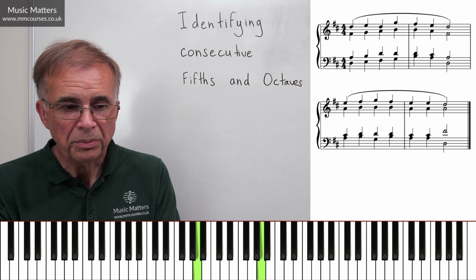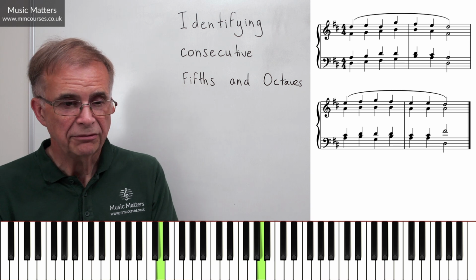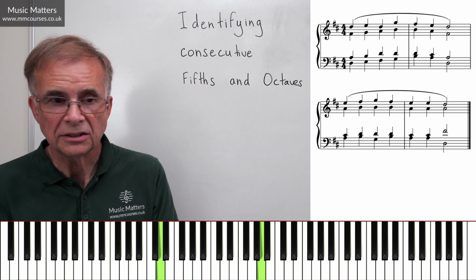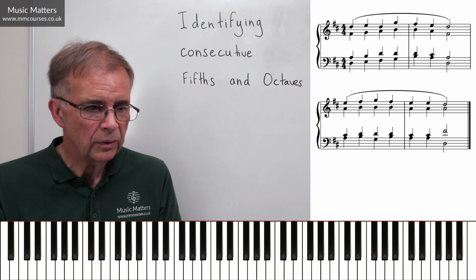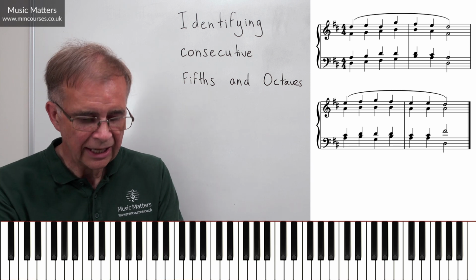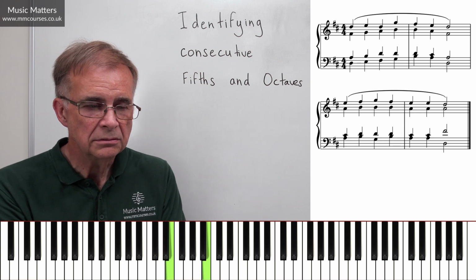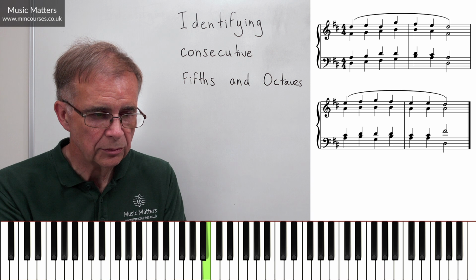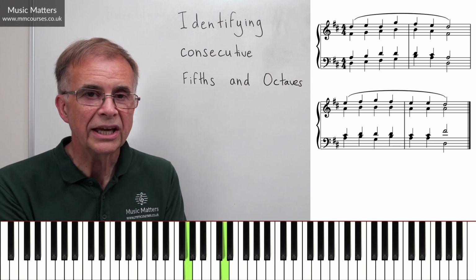Then we've got the repeated octave, but remember it's okay because it's repeated. And then a fifth at the end, but that's okay because it's not next to another fifth. So that's okay. Okay, so let's now look at the tenor and the bass. Well, bar 1, perfect fifth, perfect fifth. Straight away, consecutive fifths, so we need to change something there. Sixth, fifth, but it's not next to another fifth.